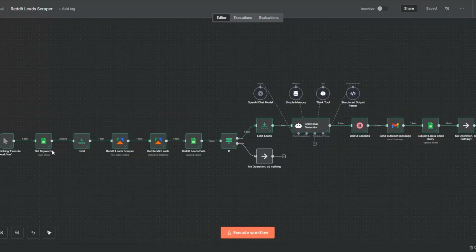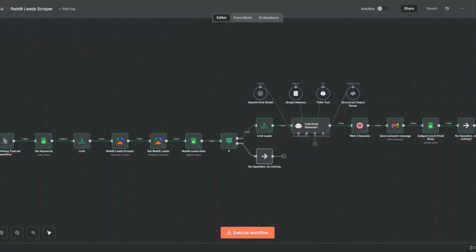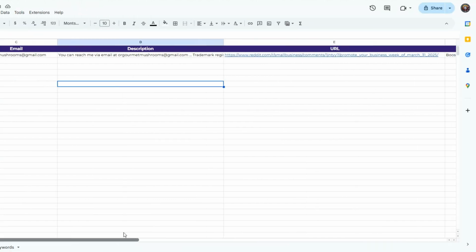So here, we're getting one of the keywords that we added to our spreadsheet over here. Then using the keyword, we are limiting the keywords to 1. And then we're using the keyword to scrape leads from Reddit using this tool in Apify. Here we're getting our leads, then we're adding our leads to our spreadsheet. As you can see right here, where we're adding the keyword that we use, title, email address, description, and the